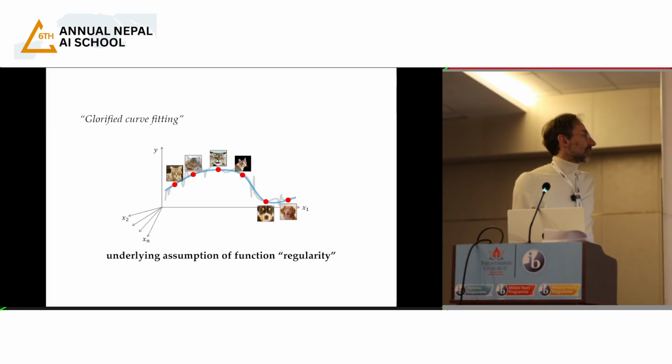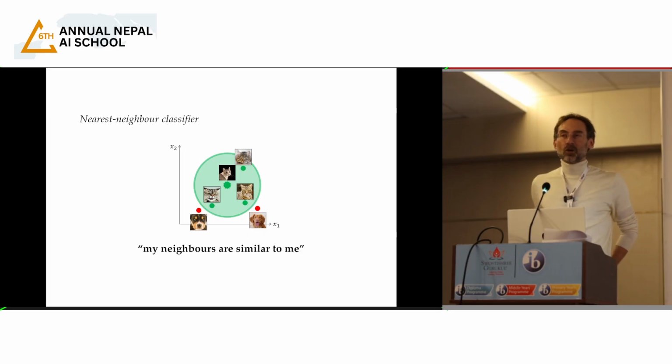Let's start with a very simple thing. If I want to classify cats and dogs, the simplest thing is to say that here is a cat, and in my space of inputs,